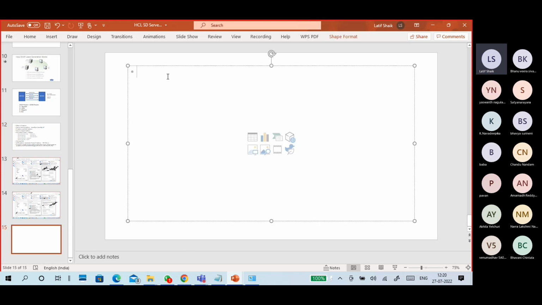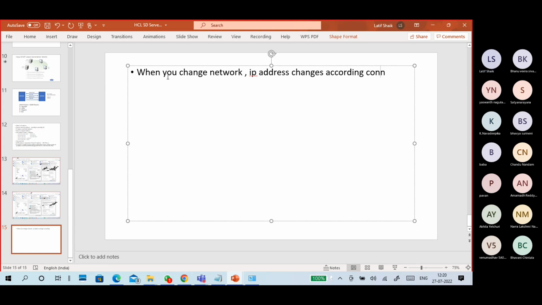Last one, troubleshooting in the DHCP server means, when you change networks, the IP address changes according to the connected network. Okay, next, if it does not change,